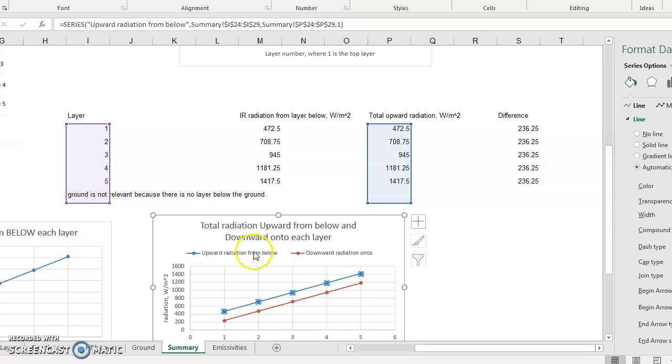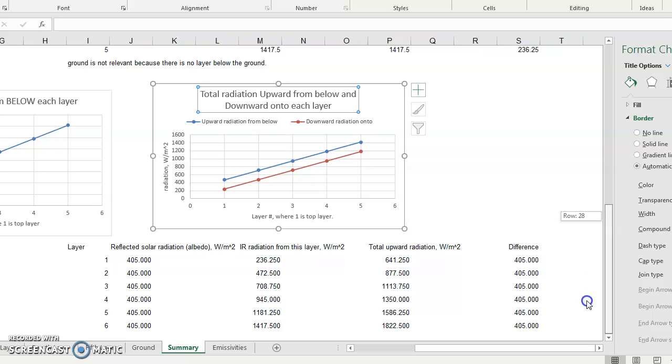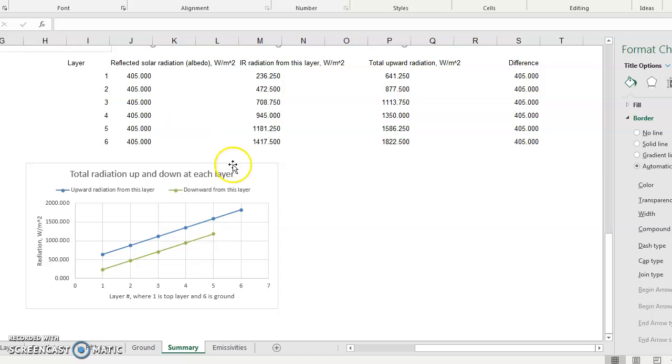And so I think this is what she wanted. But just in case I'm wrong, I have included the other graph if you have a different idea about that. So in this graph, there is